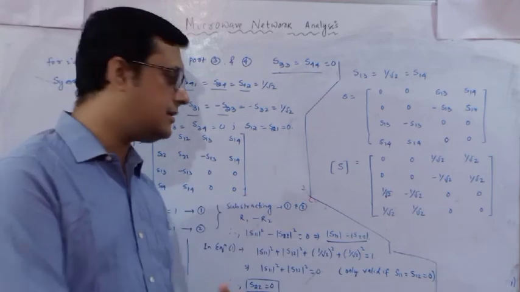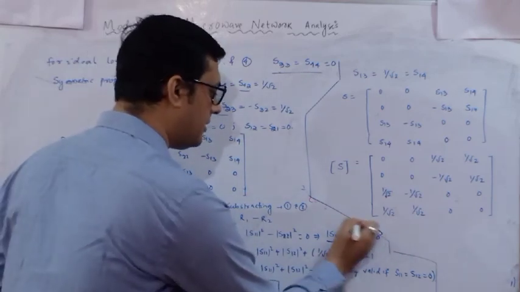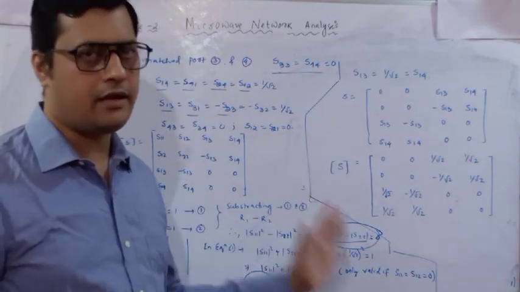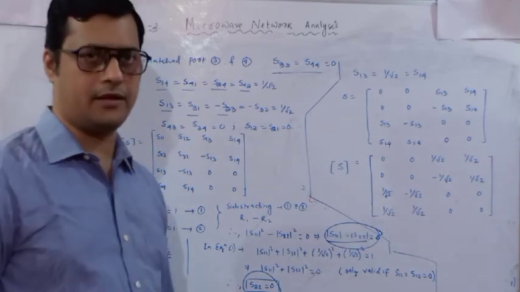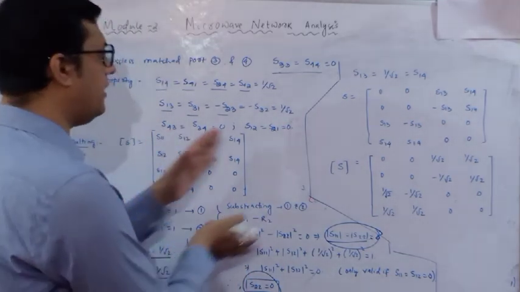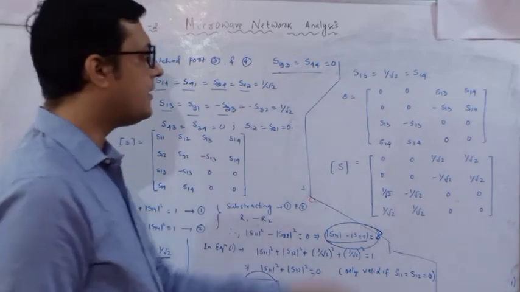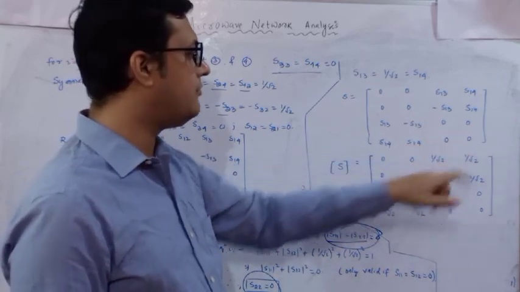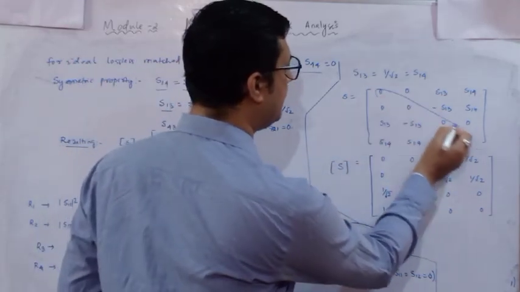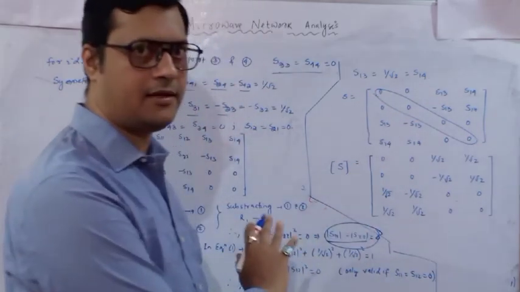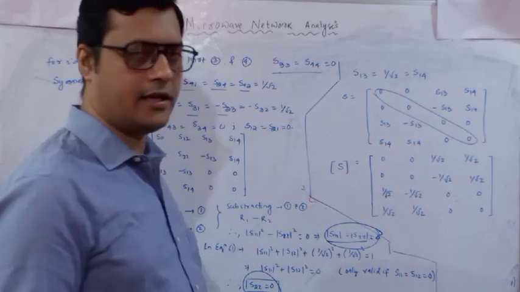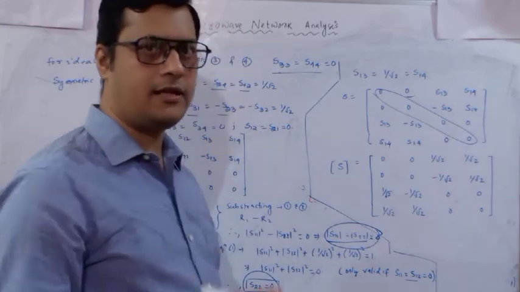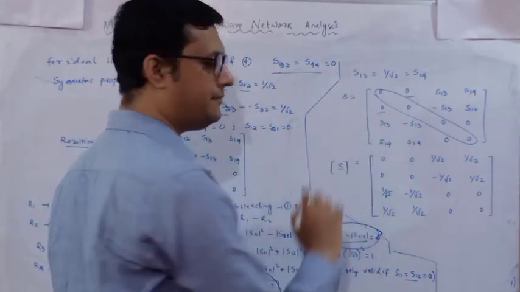Now if S11 is 0, that means your S22 also becomes 0. Here I have written S22 is equal to 0. So almost all parameters we have determined with the help of that unitary property. Now you are going to substitute all these values in the scattering matrix. Okay. S11 is 0, S22 is 0, S33 is 0, S44 is 0. So all the diagonal elements are 0 because perfectly matched, as per the given condition and what we have derived. Then S12 is 0, as we have considered. Now S12 is 0 means S21 is also 0, no coupling.